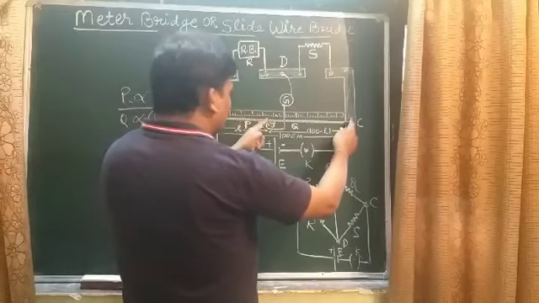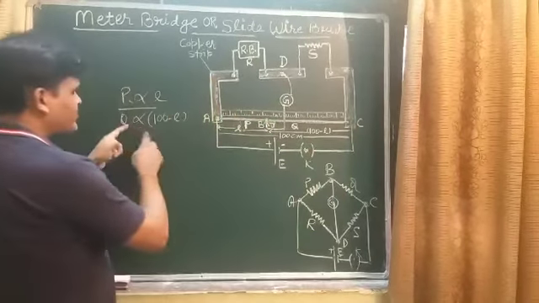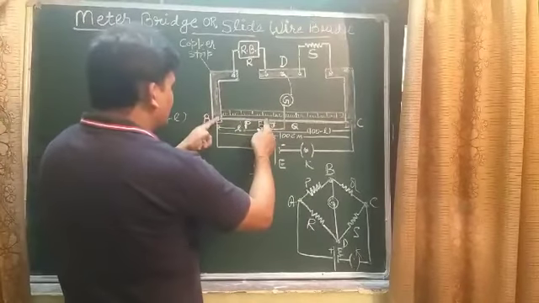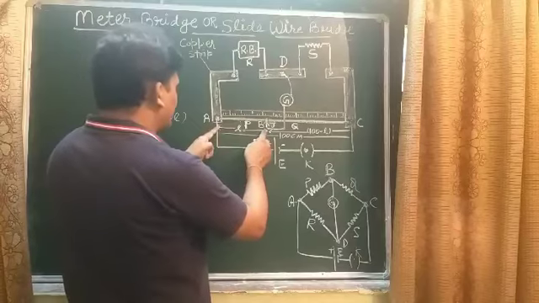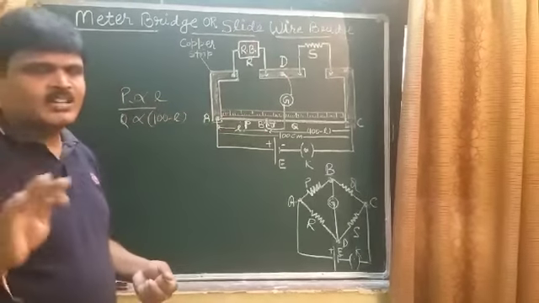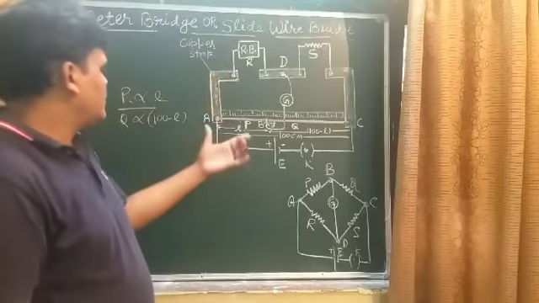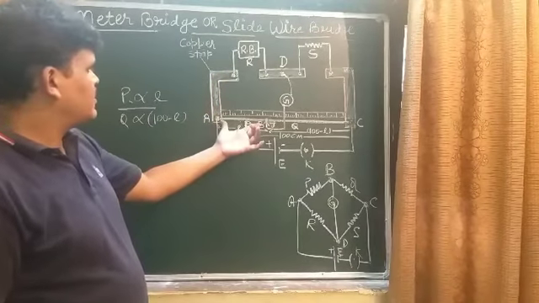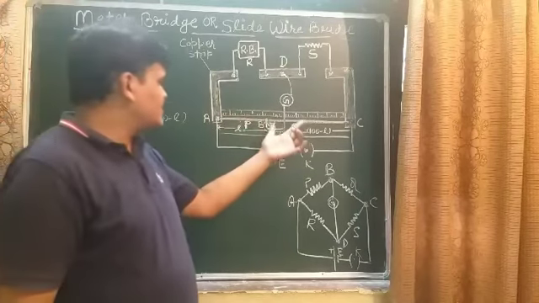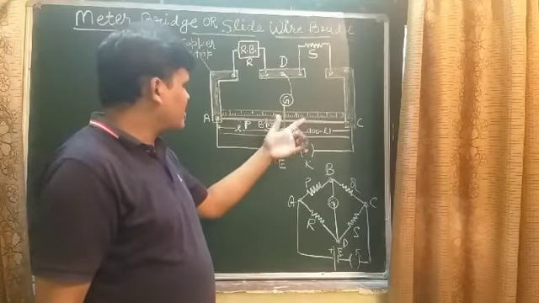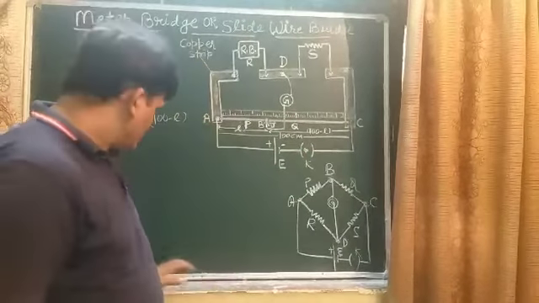So BC is this length of the wire, whose resistance is Q, and this length of the wire AB, whose resistance is P and length is L. And you know that R is directly proportional to the length of the wire. So the resistance of part AB is P, and the resistance of part BC is taken to be Q. So students,